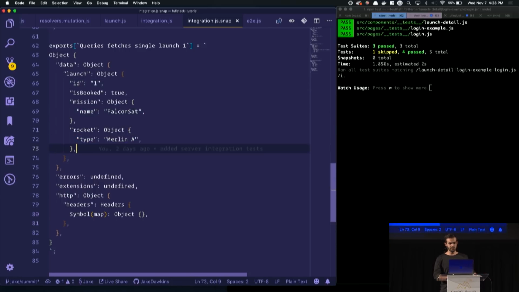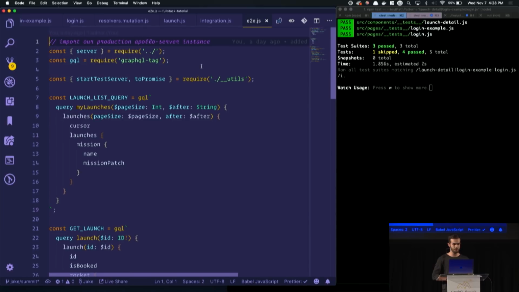So this is as good as you're going to get with integration testing. It hooks directly into Apollo Server. It gives you exactly what you want with the exclusion of the HTTP semantics and the actual REST lookups or the actual database lookups. This is everything in the middle. So what if you wanted to do everything else? What if you wanted to test with real queries?